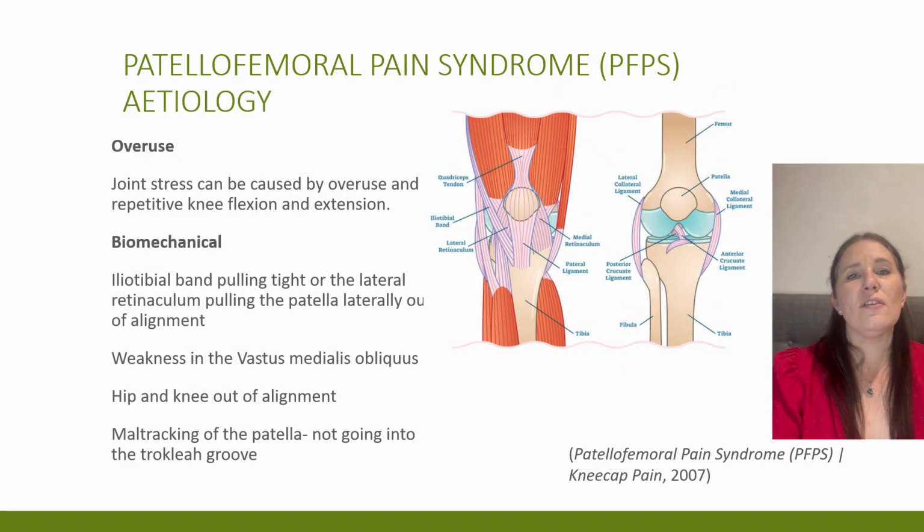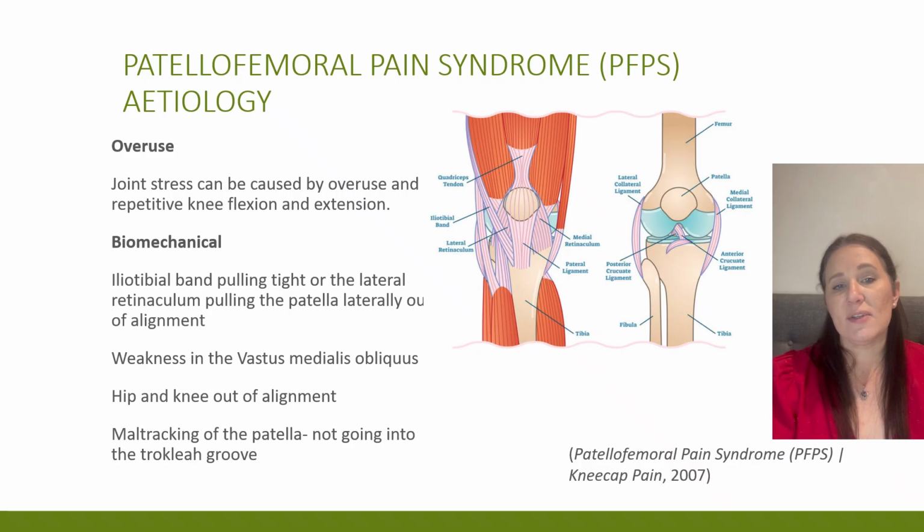Potential causes of PFPS include overuse. The joint stress can be caused by overuse due to repetitive knee flexion and extension, which is quite possible in things like running and especially cycling, because you're doing the same movement over and over again with a high degree of repetitiveness of flexion,